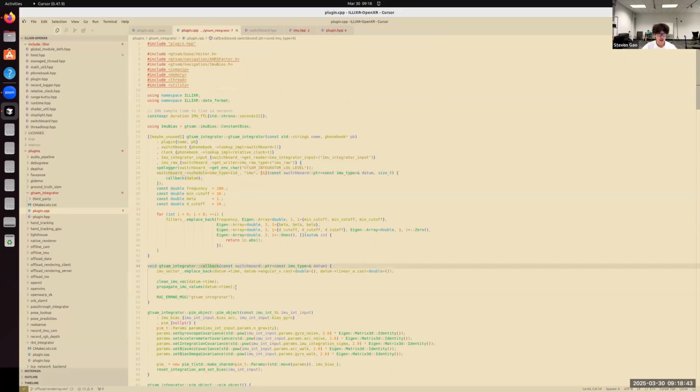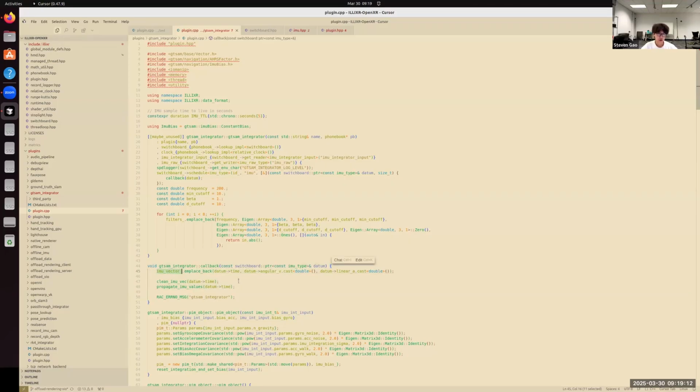After a callback has been scheduled on a topic, anytime a message is put into a topic, the callback is called, and the logic is specified here. Here we just place back the IMU data into a vector.